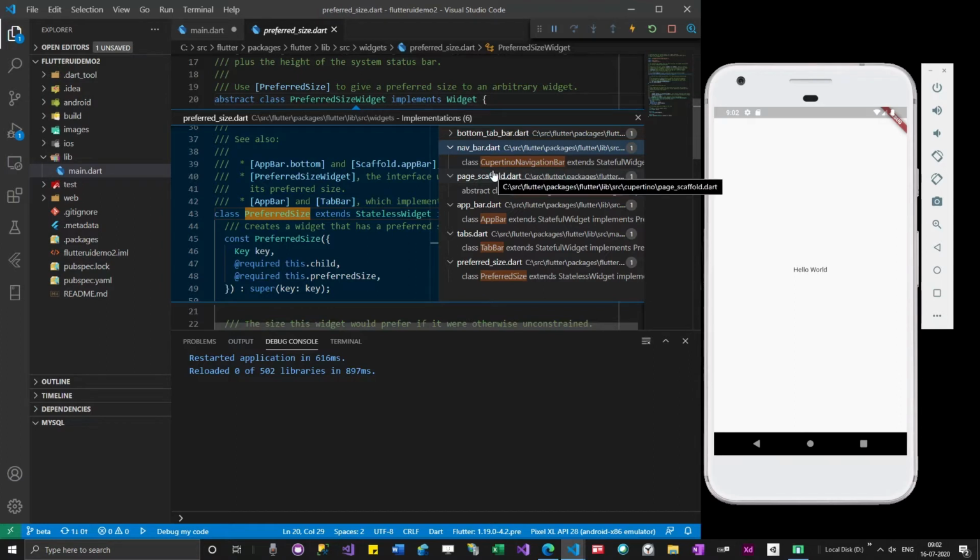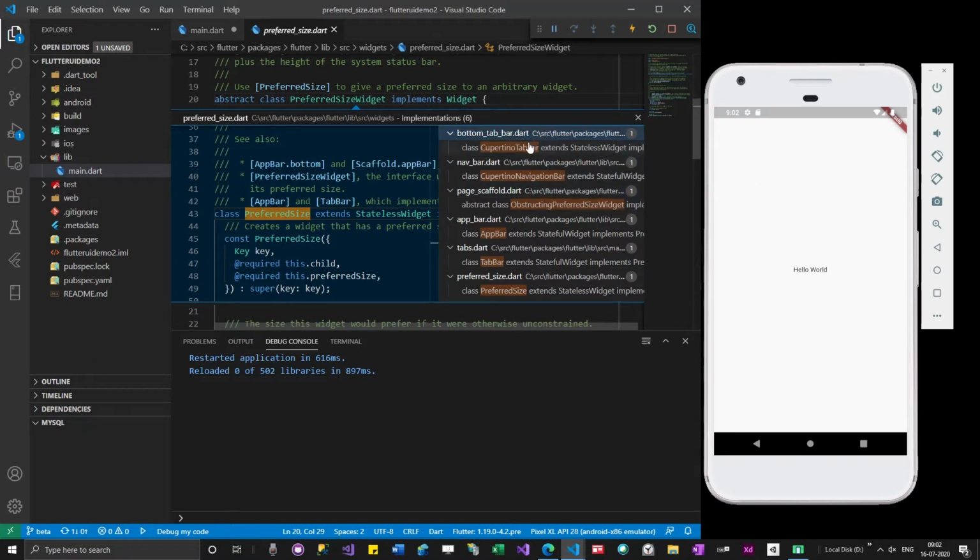Material is for Android apps, Cupertino is for iOS apps. But whatever app you design using material design will probably work with iOS also. We really don't have MacBooks, right? That is something we cannot try now. Cupertino is a terminology used for iOS apps, and Material is a terminology used for Android apps, but that doesn't mean you have to use Cupertino for all the apps. You can still use Material and it would work like normal.